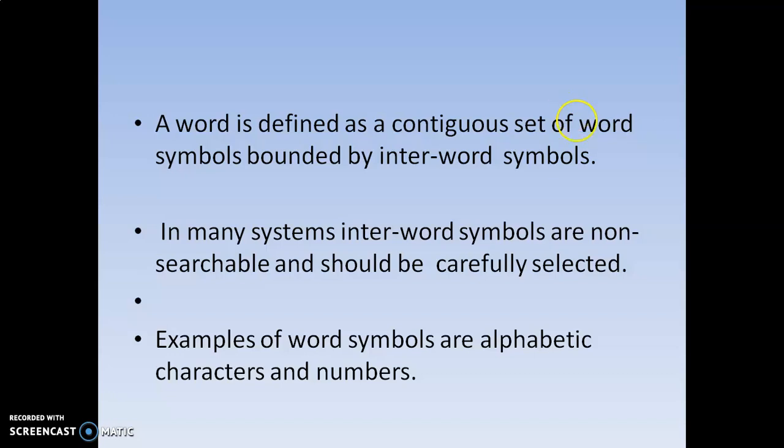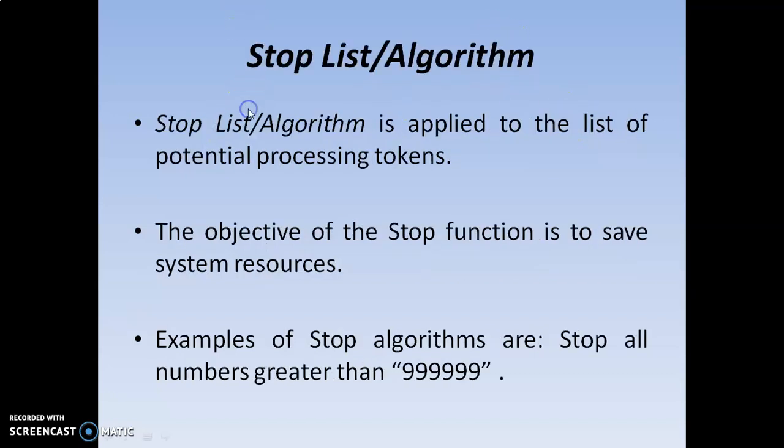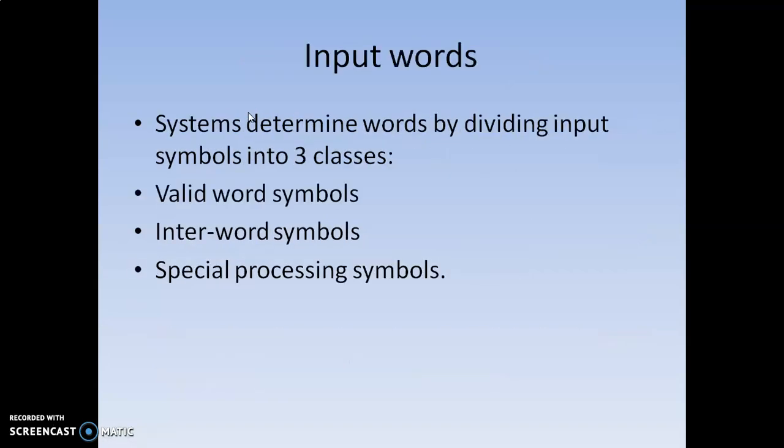And coming to the previous one, that is special processing symbols. These are special processing symbols which are used for some special purpose. For example, in our Linux operating system, we have special processing symbols like the dollar symbol used at the command prompt, hash used for some special purpose, question mark used for some special purpose, and star used for some special purpose. Wildcard characters are a very good example of these special processing symbols.